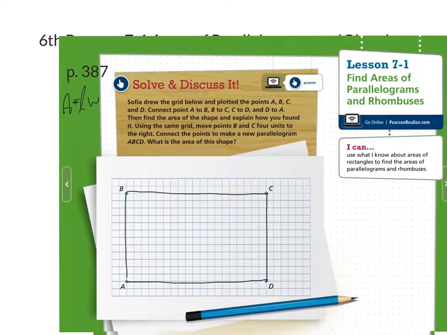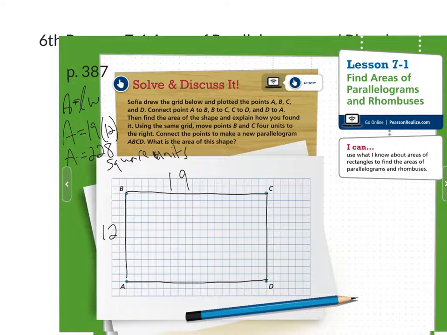So if we count this, we've got 19 squares going across, we've got 12 squares going up and down, and we would multiply. 19 times 12 would give us the area of a rectangle, which would be 228. This is square units, most likely square centimeters, usually centimeters for a grid like this, but 228 square units would be the area of